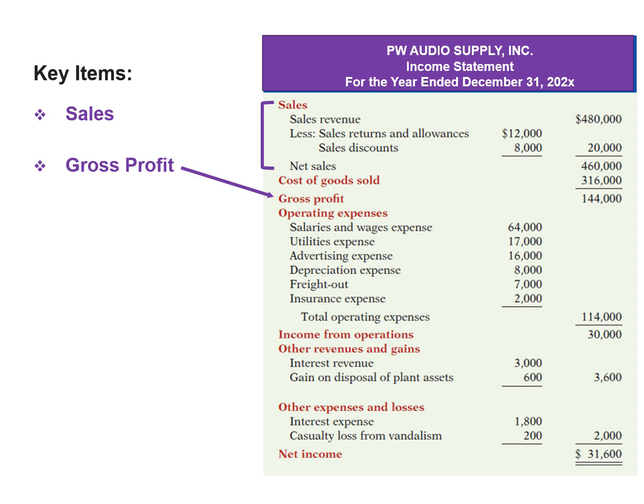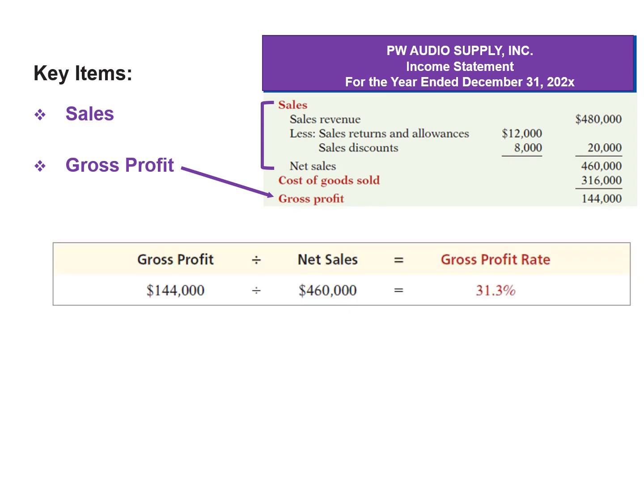We can also express a company's gross profit as a percentage called the gross profit rate. We simply divide the amount of gross profit by net sales. In this example, the gross profit rate is 31.3%, which is calculated by dividing $460,000 into